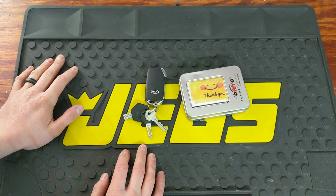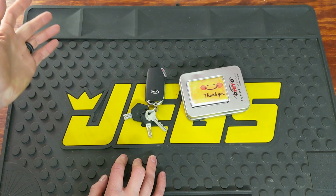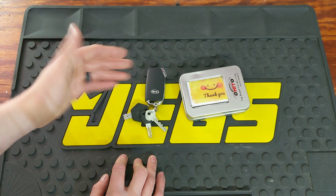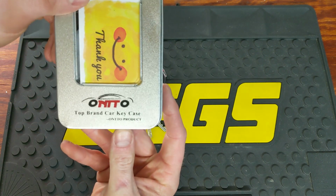And Kia has come a long way in the last few years, and they're doing some great things. The Kia Telluride is actually built in Georgia, and I'll be doing a review on the vehicle itself, so stay tuned for that. But today we're going to be going into the